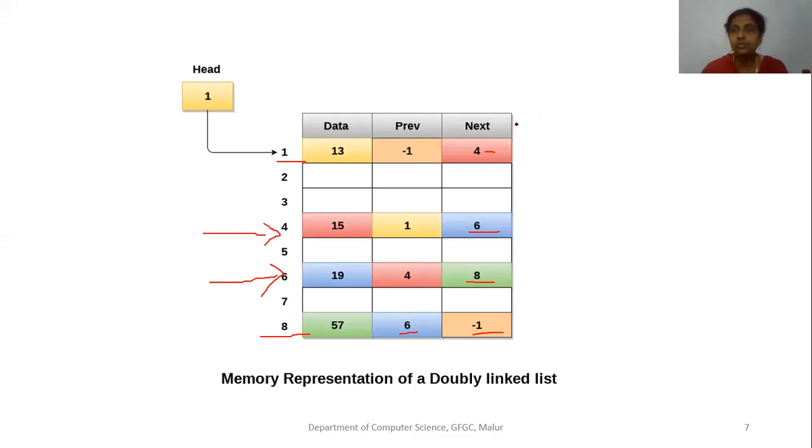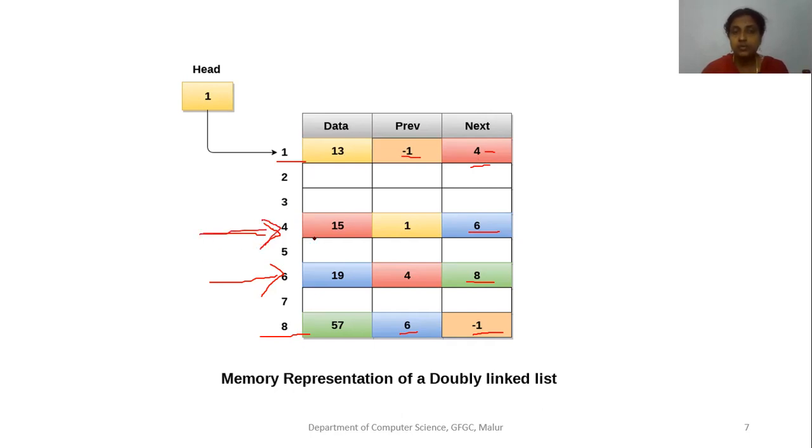So a node will have 3 divisions. First is data, 13 is stored. In the first node, previous is -1. Why -1? When it is the very first node, a previous address won't be there, because that's going to be the first node. We need to declare it as null. Whatever we declare as null in the system, it will represent as -1. The next node says it is 4. So the control will take you to the next node.